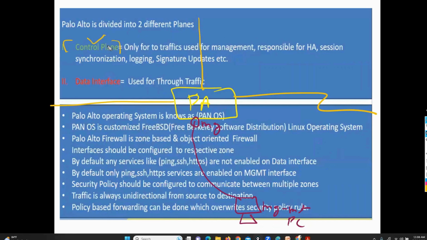This control plane is also responsible for HA, high availability configuration. High availability. For example, see,